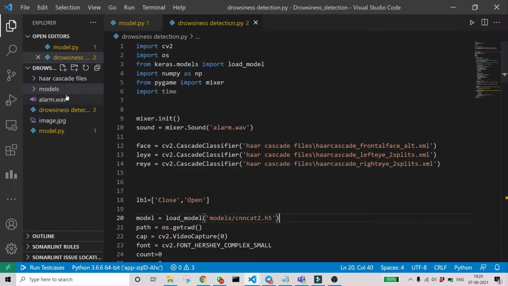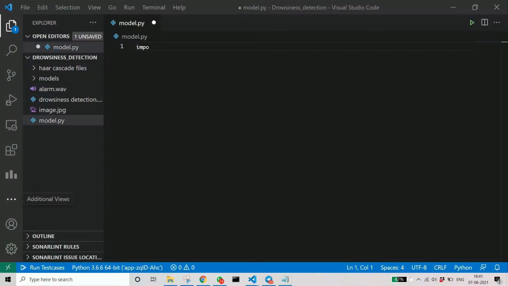To brief a bit more on detection, we open OpenCV, capture each frame and predict using the machine learning model, and if the eyes are closed after a certain point of time, the alert will be given. That is the WAV file, which is the audio that will be used to alert the user. I hope you have got the big picture of the project. So let's start coding.